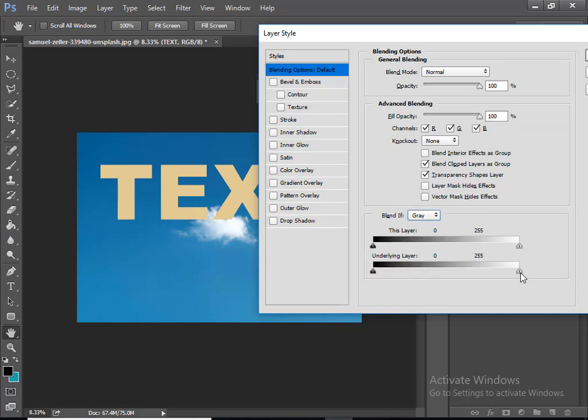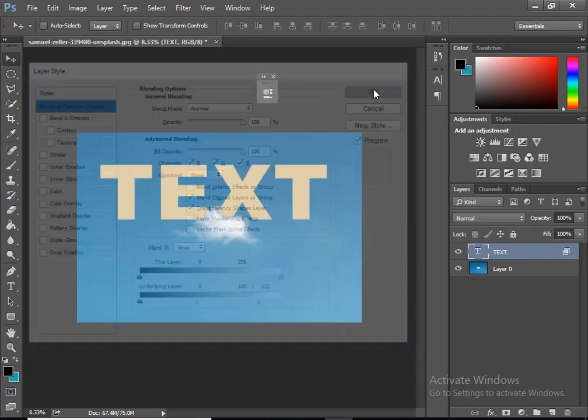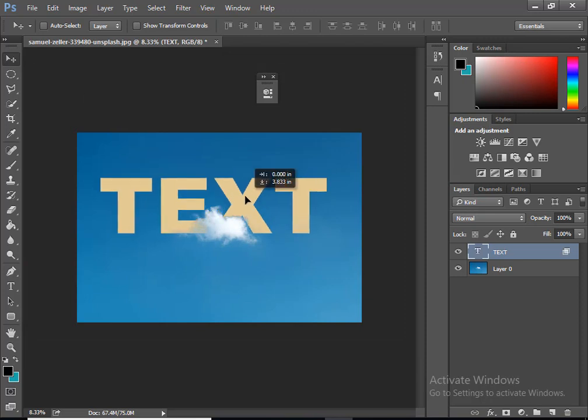Now that's it. Now you can see the smooth cloud. That's it. Press OK. You see, we blended text into clouds in